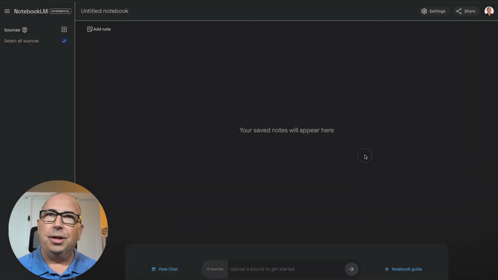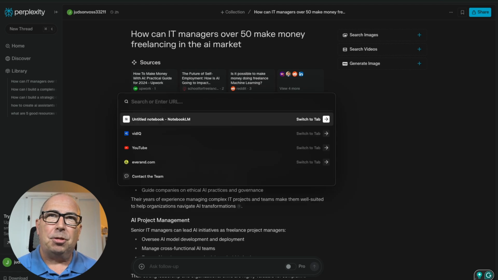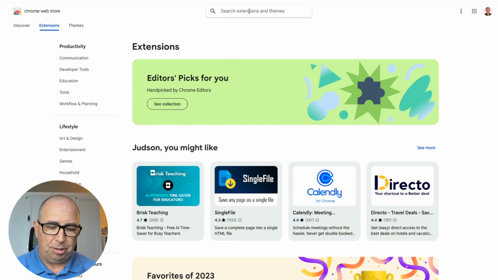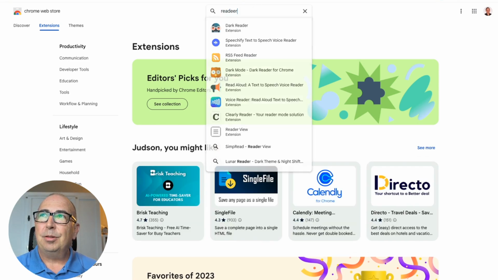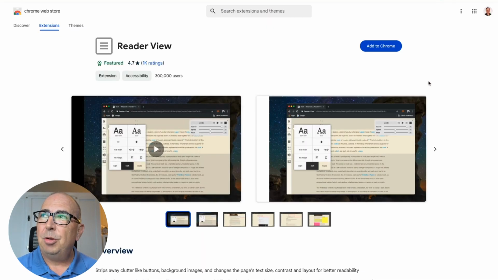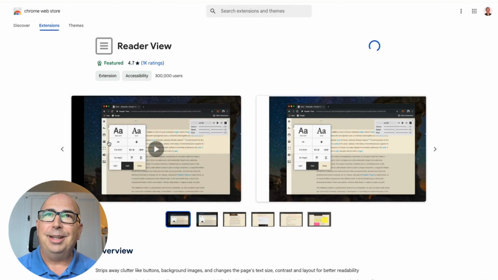What I would recommend doing, and I'm sure there's lots of different options out there, is I grab a Chrome extension. It is called, let me see if I get it right. I believe I'm doing this live so y'all can see it. Reader View, if I spell reader right. Yeah, Reader View. It is a Chrome extension. What it does, and we'll see it in a minute here when we add it in real time